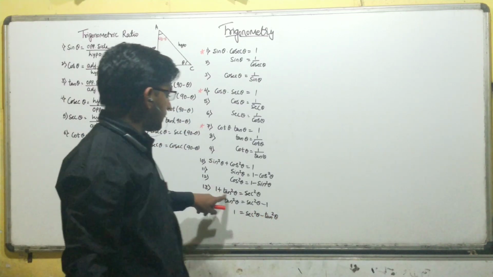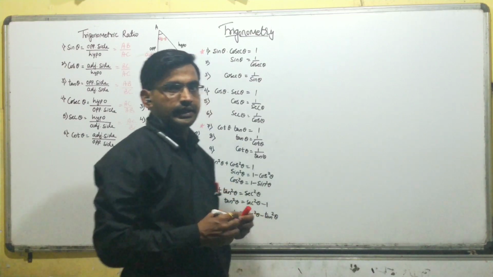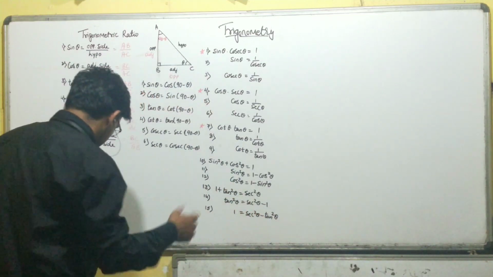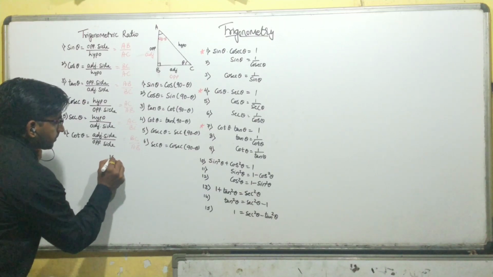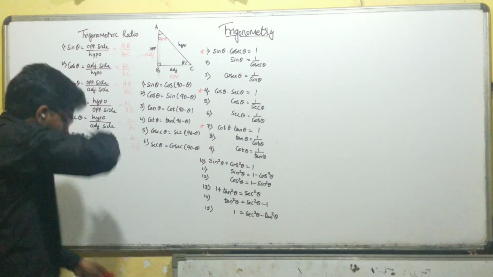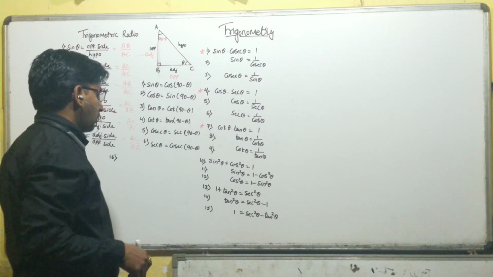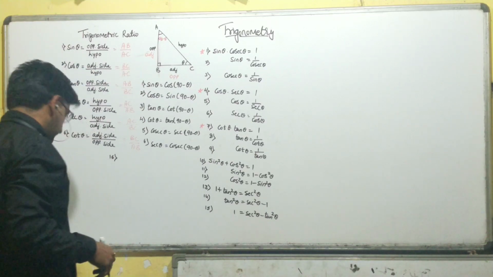So this is a relation between 1 plus tan square theta is equal to sec square theta. The next we can take as